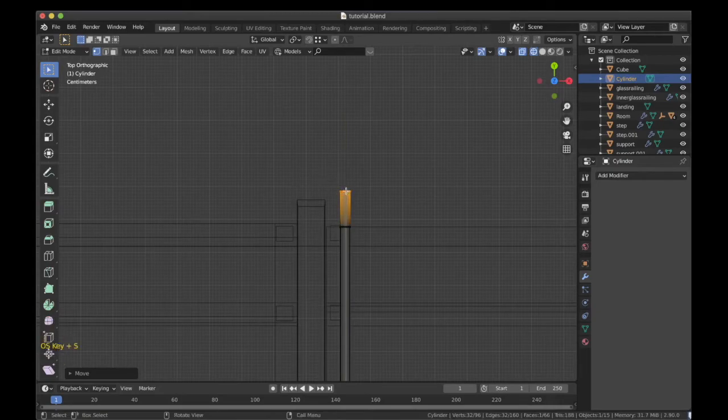Now to give it the curvature over here, we will use the spin tool. There is a slight warning in Blender 2.9. What I have noticed is whenever I'm using the spin tool, it might crash the first time. So be cautious of it and save already. So I will press Command S to save.